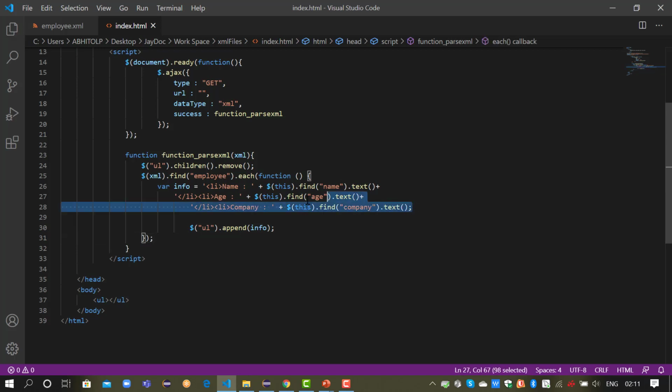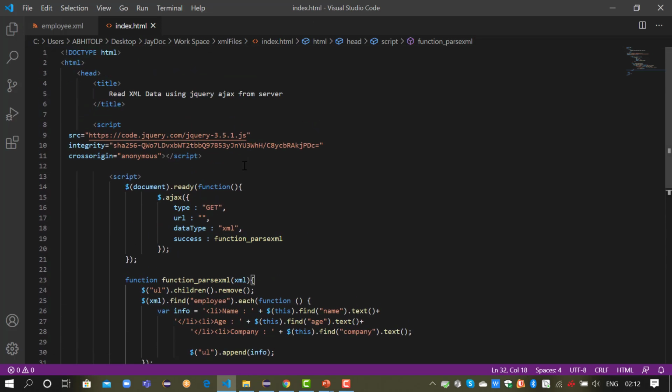So this is basically dynamically generated HTML, and this dynamically generated HTML, statically typed HTML, is appended to the unordered list. So we have this HTML file ready. Now what I must do here is fetch this file from the server, right? So to fetch the file from the server,